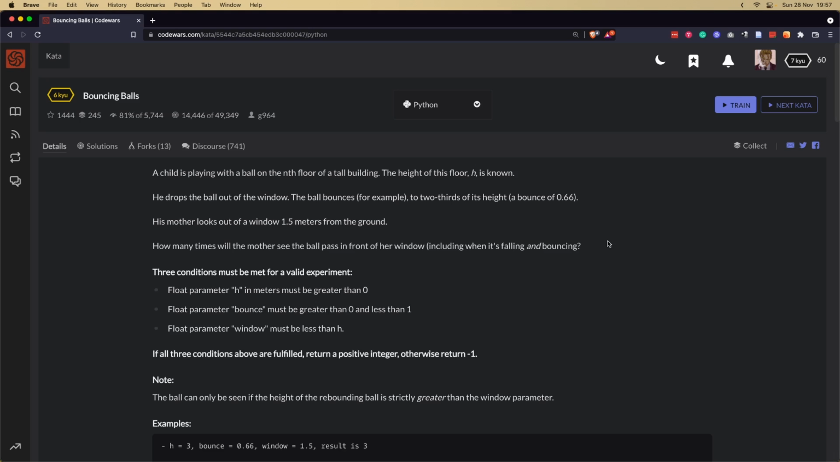Well, today's kata is called bouncing balls. In the question, a child is playing with a ball on the nth floor of a tall building. The height of this floor edge is known. He drops the ball out of the window. The ball bounces 2/3 of its height. His mother looks out of a window 1.5 meters from the ground. How many times will the mother see the ball pass in front of her window, including when it's falling and